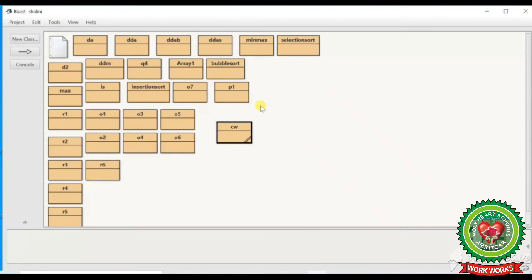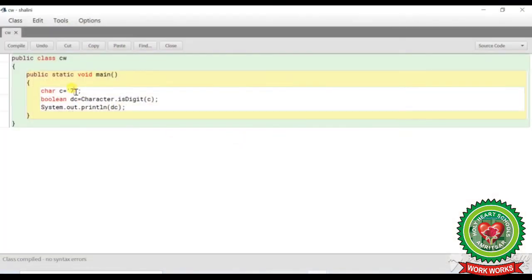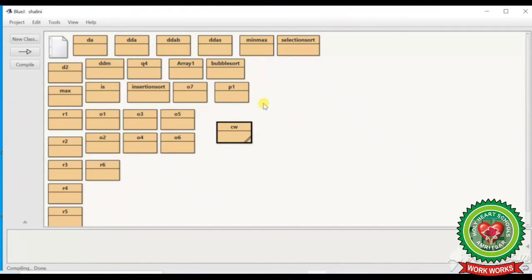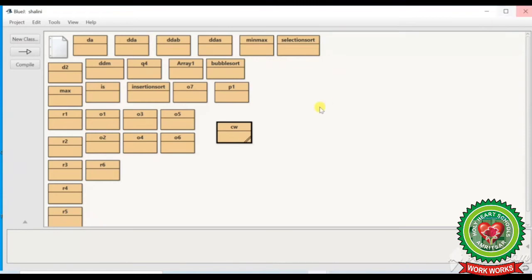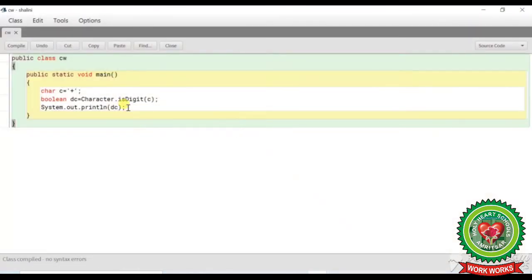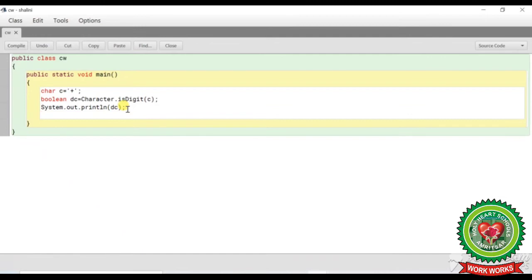Now what happens if I take a symbol over here? Let's suppose I have taken the plus sign. Now again I'll compile my program. Again it's not a digit, so the answer is false. So this was our method isDigit. Now the second method is isLetter. So students, I will take the same character over here and change the name of the variable